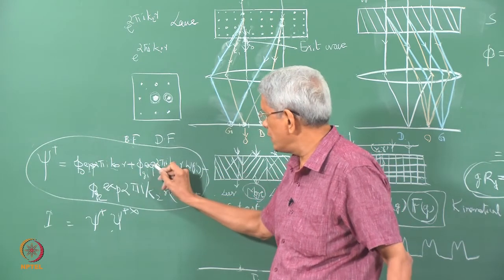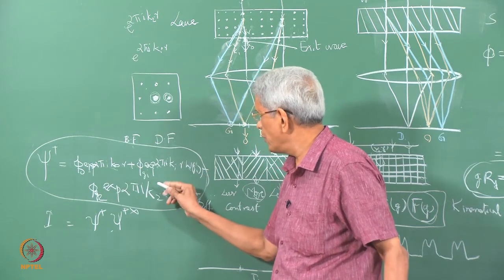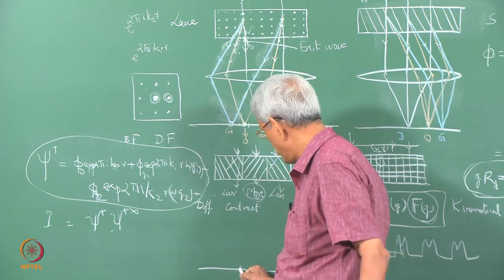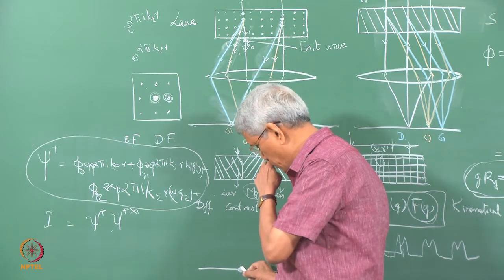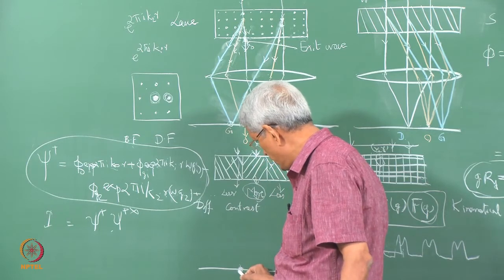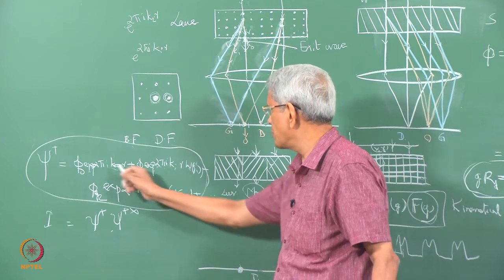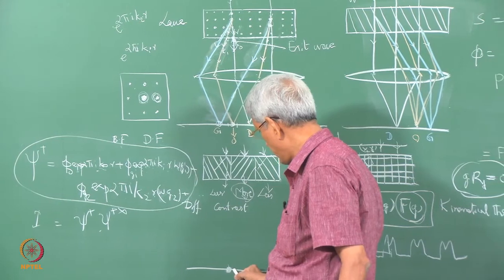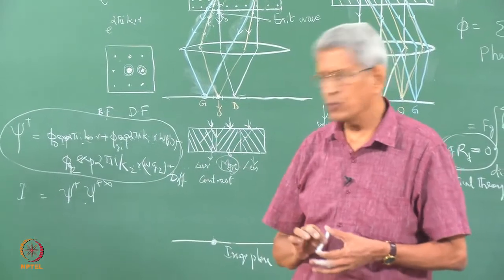If each one of them contributes in a different way, so that the amplitude becomes 0 or randomly gives various values, then whatever intensity we get is going to be different and difficult to interpret. So, only when all of them maintain a particular phase relationship with respect to each other will they add together, so that the contrast which arises from point to point, this variation in contrast, is what we are trying to interpret